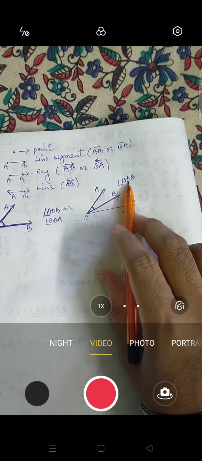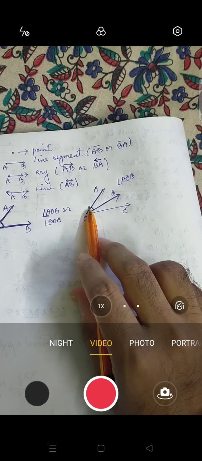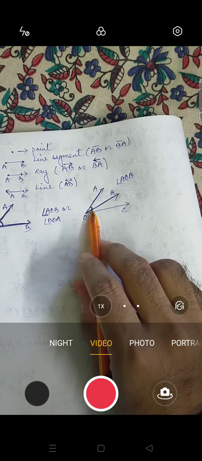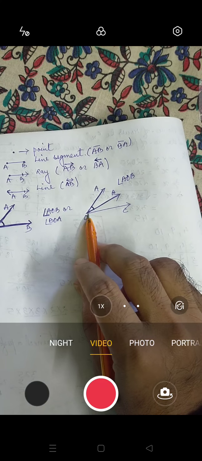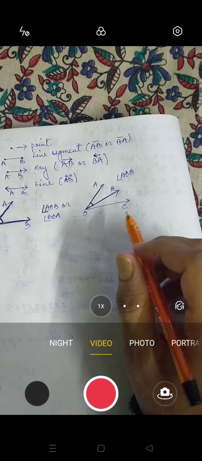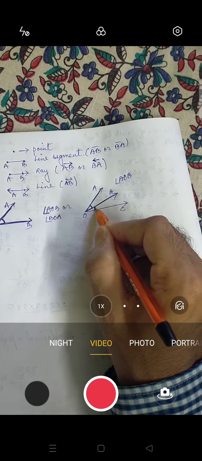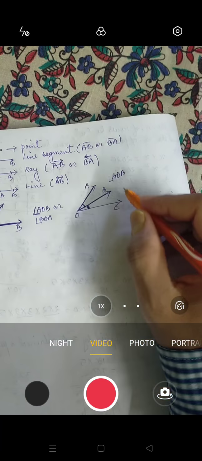So that means we are talking about angle O. That means angle AOB. Angle O does not mean the complete angle. O means only this part of angle O. So angle AOB, or this can also be termed as angle BOA. Now if we talk about this angle, then this angle will be termed as angle